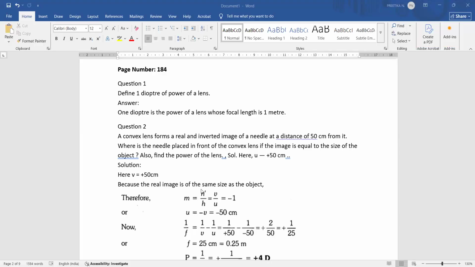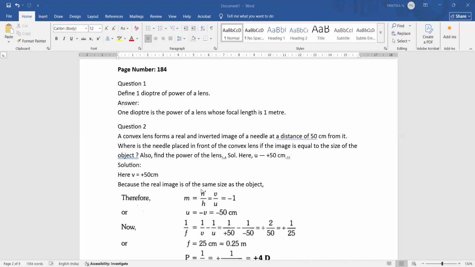Very good. That is common sense, because the numerator and denominator became the same. But they have themselves said that the image is real and inverted, so we have to take a minus along with it. We can't simply take 1. So the magnification, we have to assume, is -1. If the magnification is -1, m is also equal to v by u.